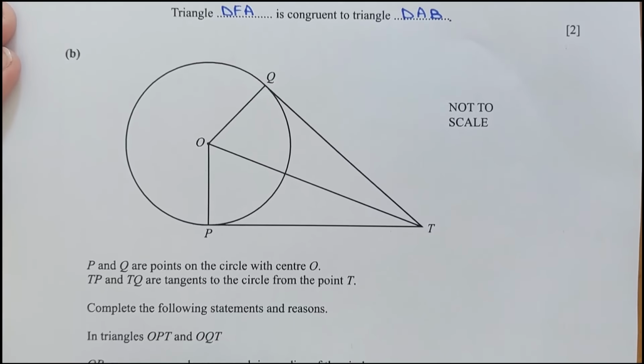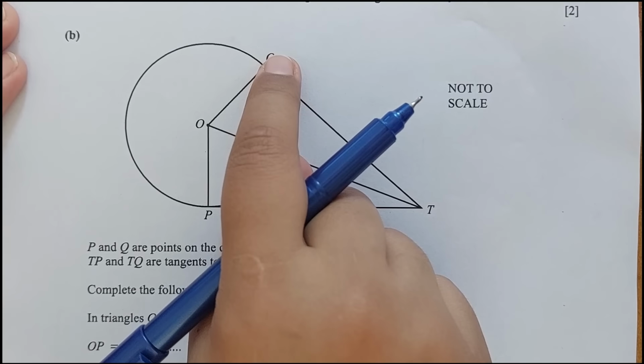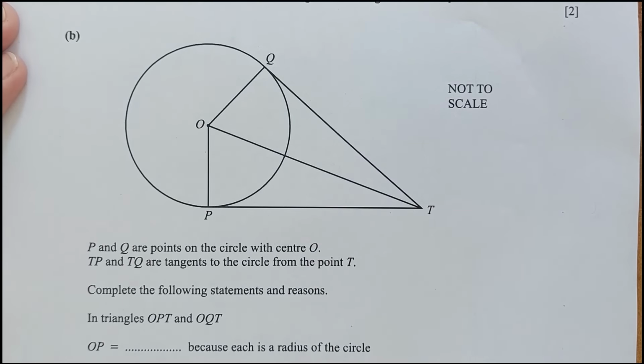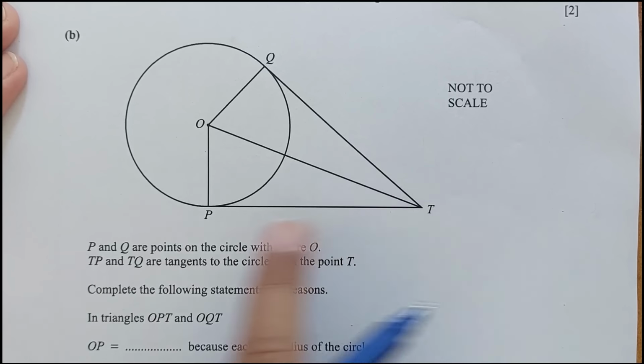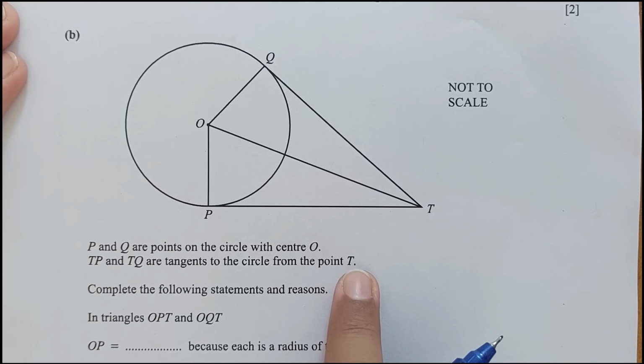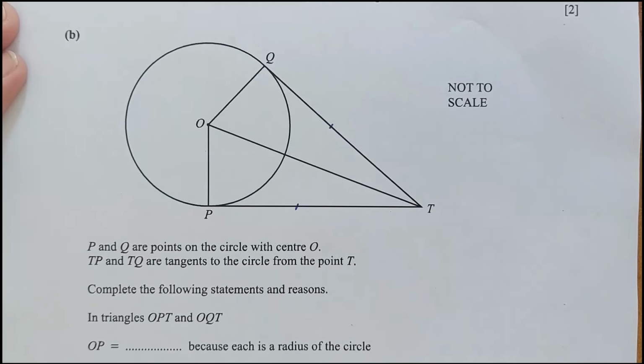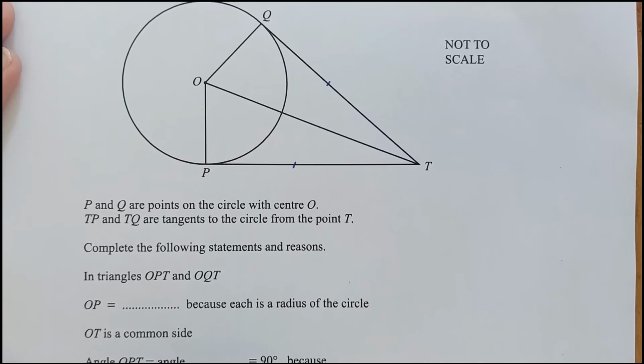Now for part B. P and Q are points on a circle with center O. P and Q, these are the points on a circle and the center of the circle is O. TP and TQ are tangents of the circle from point T. So these are the two tangents, it means they have the same length. Alright, complete the following statements and reasons. In triangle